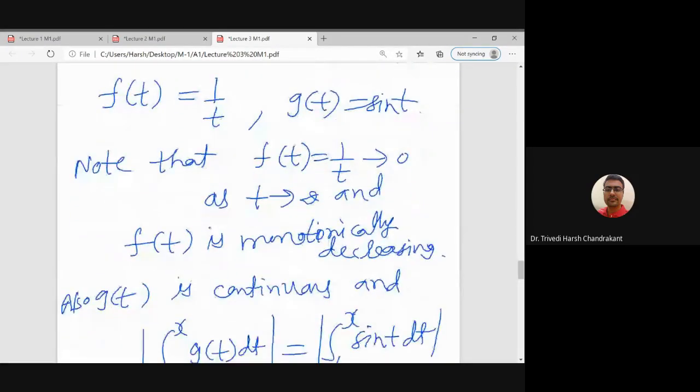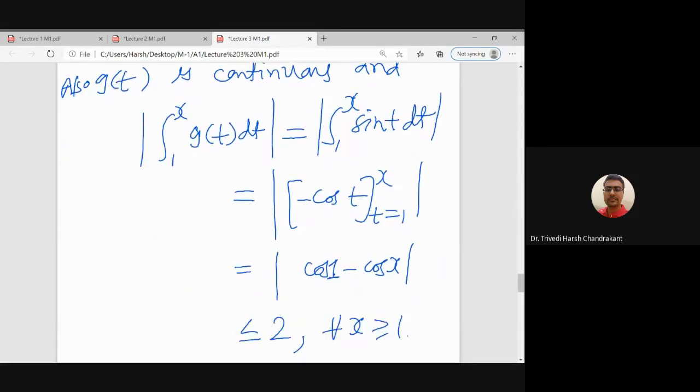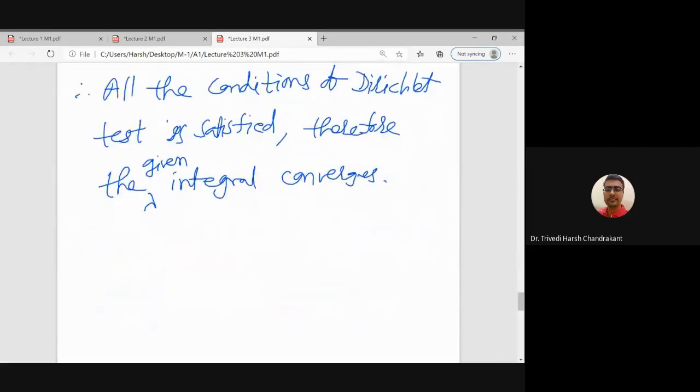So now we have proved that the series converges. The question is whether the series converges absolutely or not. It is not necessarily true that if the given series converges, then it also converges absolutely. So this is one such example. If you want to check the absolute convergence further, then we'll see that